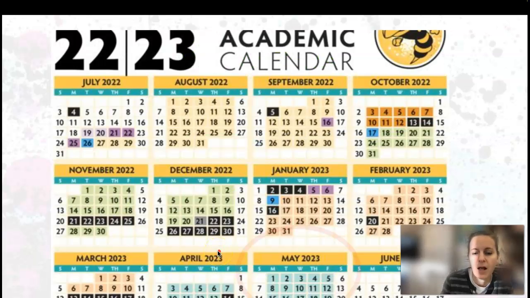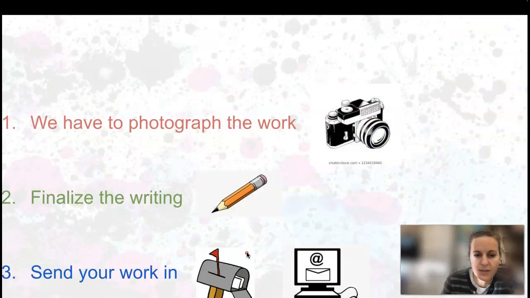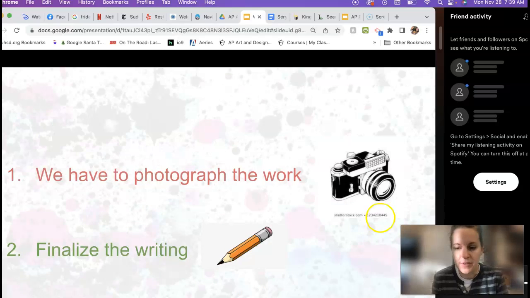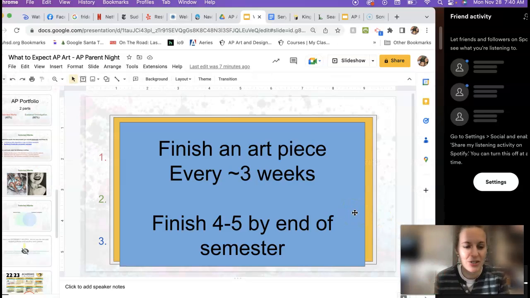The portfolio is due in May, and before that we will be photographing, and some writing goes along with it as well, but I'm here for all of that to guide them and help them with whatever they need. So I hope this was a good explanation, and email me if you need anything, have any questions,